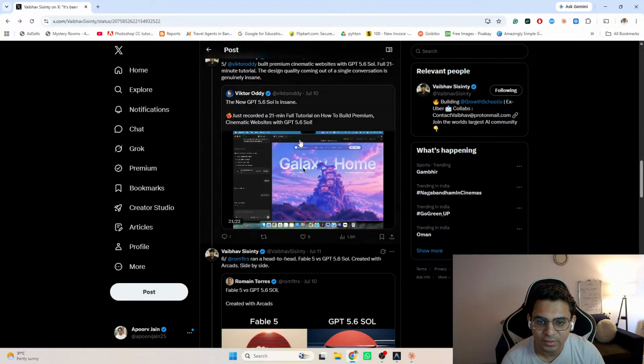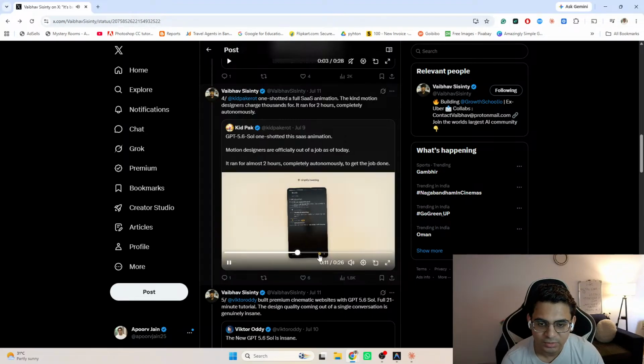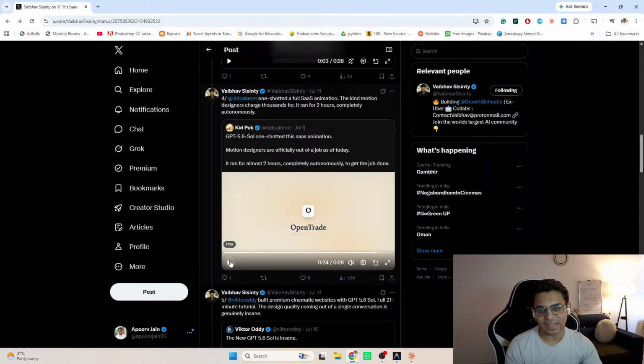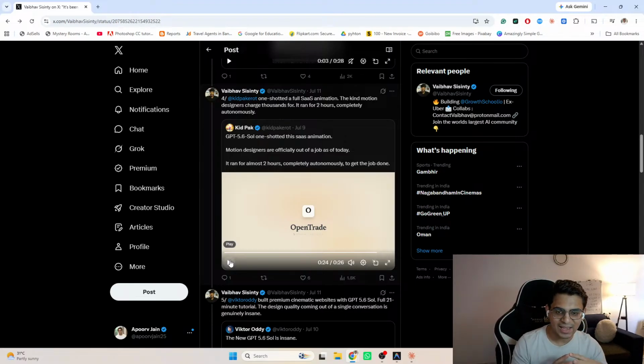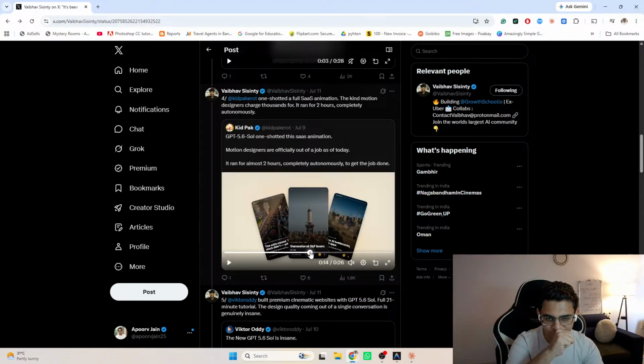Canon in Blender. Okay, these are all different SaaS animations. Yeah, as I mentioned, guys, create your SaaS animation. And I think now with GPT coming into the picture, it can be even better because GPT has an image model while Claude does not. So if particularly your SaaS requires these graphics and stuff, then you can use GPT 5.6 to create your SaaS animations. But if you don't require that and you're only putting things from and within your product, then you can use Fable or